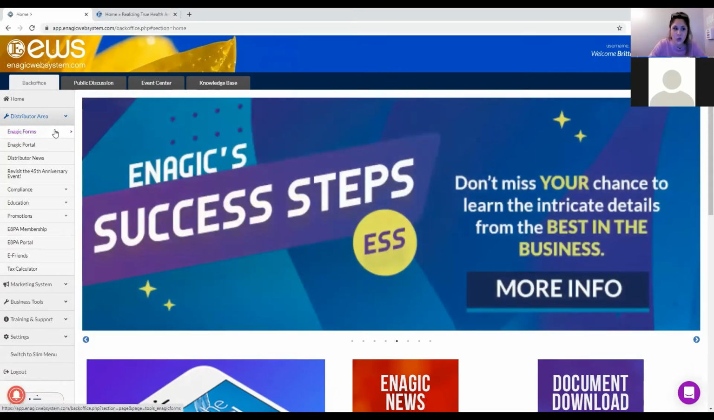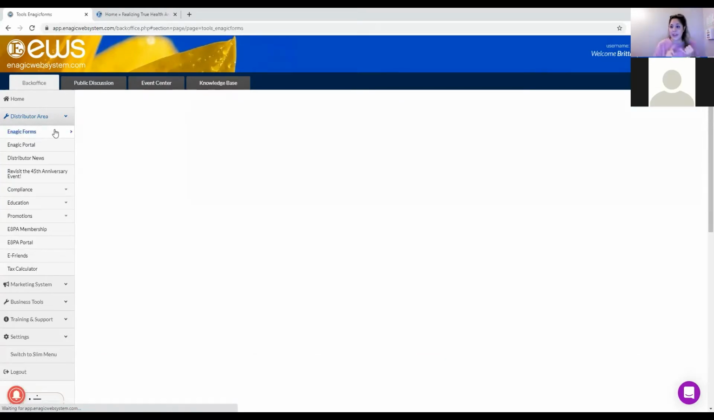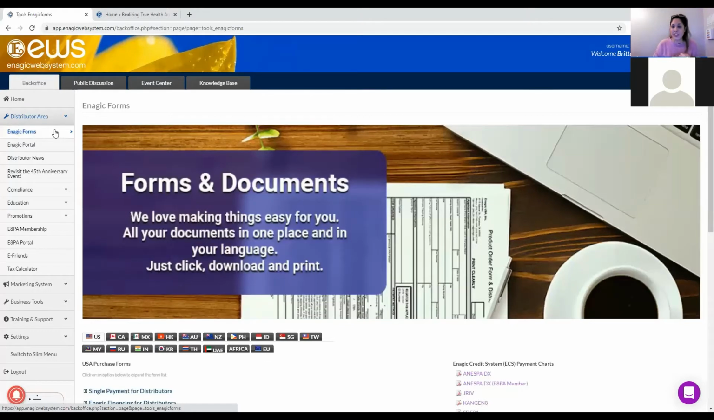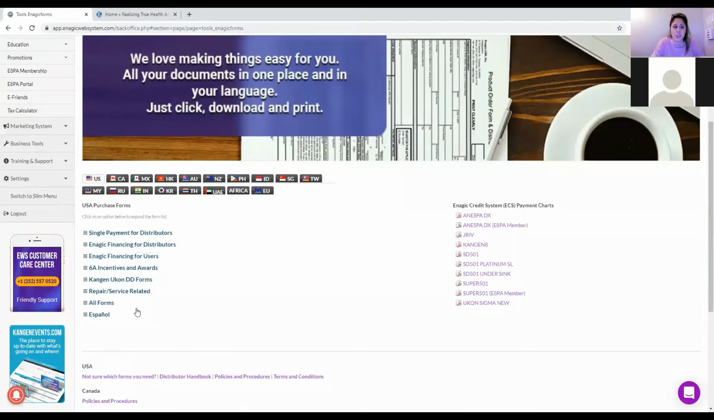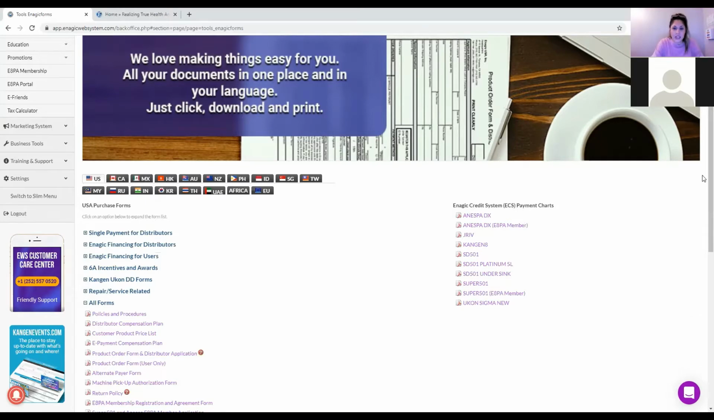Enagic Forms is going to be anything really: the application, the finance application, the pay in full application, W-9, the single payment for distributors, the credit card update form, you name it, the return policy, anything that's repair or service related. Let's see, I'll just click here on all forms so you guys can kind of see and get an